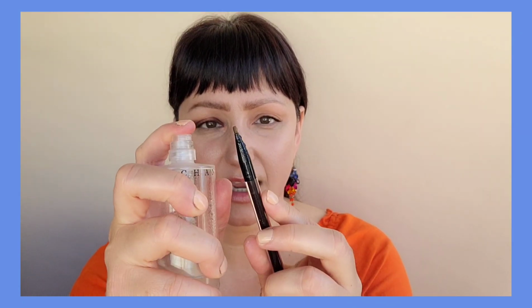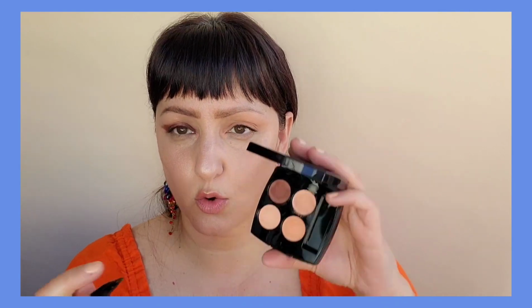So I'm going to take a very small brush, flat, and what we want is precision, so small and tight brush. And then I'm going to wet it here. I have my Chantecaille rose water, but feel free to just use water. I'm just going to use the corner of the shadow here